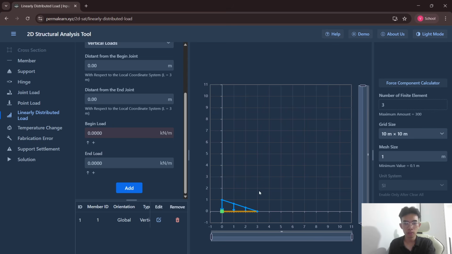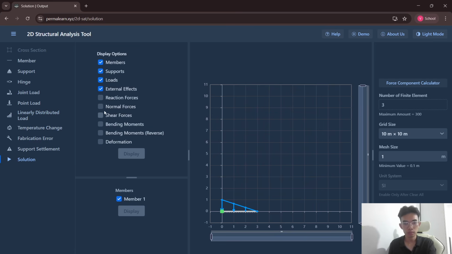The triangular load appears, decreasing from left to right. Now we go to the solution tab and click calculate. PermaLearn processes the beam using the finite element method and generates reaction forces, shear diagram, bending moment, and internal force distribution. To find the internal force at C,